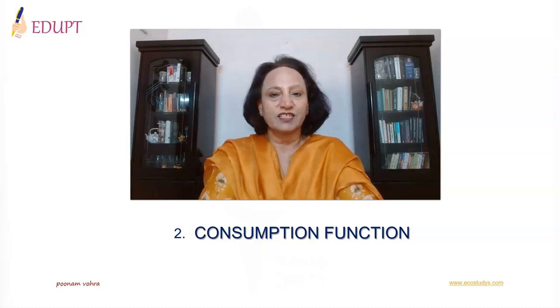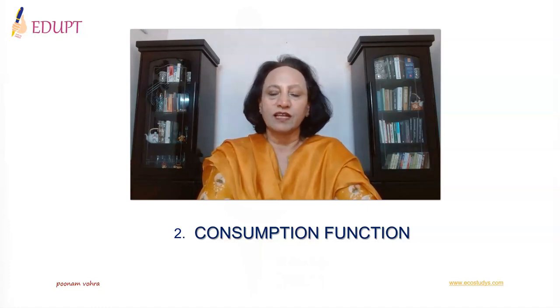This is the second session on determination of income and employment. In the previous sessions, you have understood the basic tenets of classical theory, which has been criticized by J.M. Keynes. According to Keynes, output does not depend on employment, but it depends on aggregate demand in the economy. So aggregate demand comprises consumption demand, investment demand, government demand, and demand for net exports.